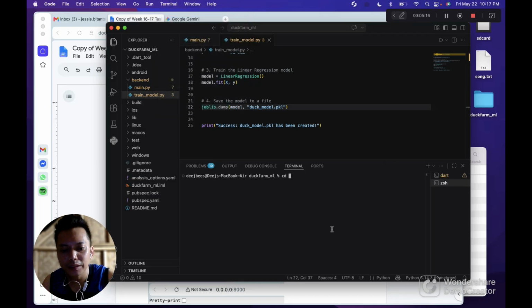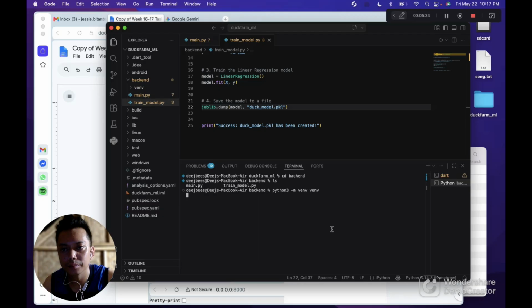So we need to go inside the backend, cd backend. So we are now inside the backend. Now we will create the venv for the FastAPI. So it's now creating this one.